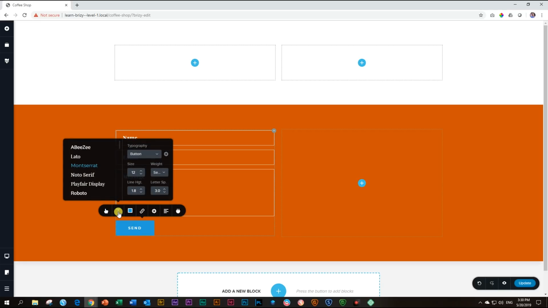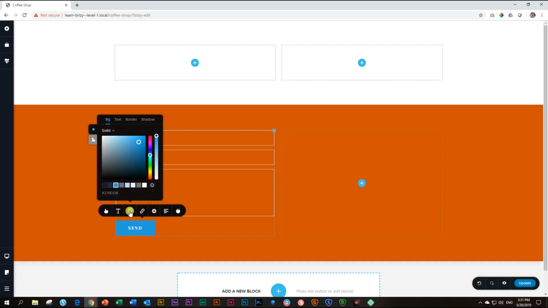Next, text. Choose Playfair Display. I'll increase it to 14. And I'll also put it on bold. Then I will also reduce the line height to around 1.5. For the color, click on that. The background as it is now, I'm going to make it white. That means for the text, click here. I'll give the text that orange color that we typed in, which is